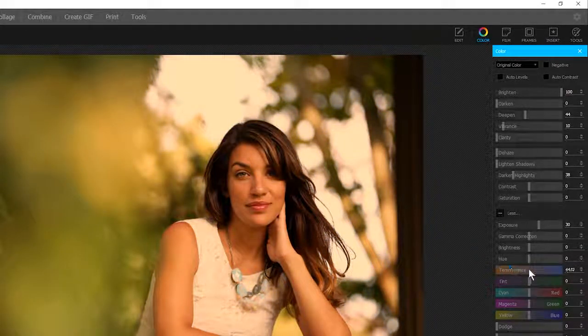If my picture were warm, if it were orange, I'd drag it to the right where it's blue there. But basically, you'll just look at the picture and kind of drag it around until things look natural. I want to leave this a little bit warm, but I think I did improve the overall color temperature. So I'll close that, and